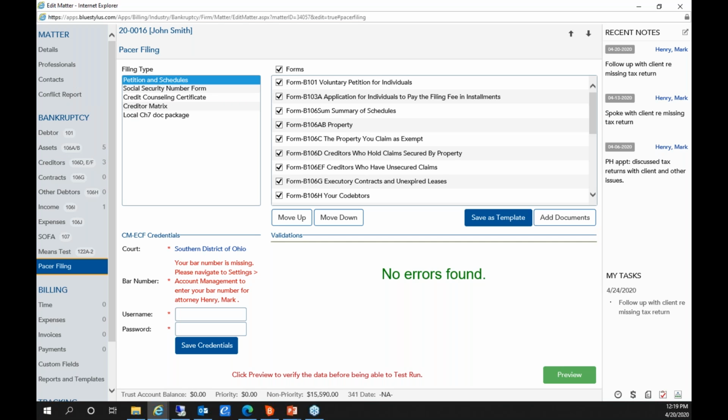Now, the basic version of Case Builder does allow you to file your completed petition package directly on the court. And here you see where you would enter your PACER credentials and have those saved in the system. Looking up here at these forms on the form list,